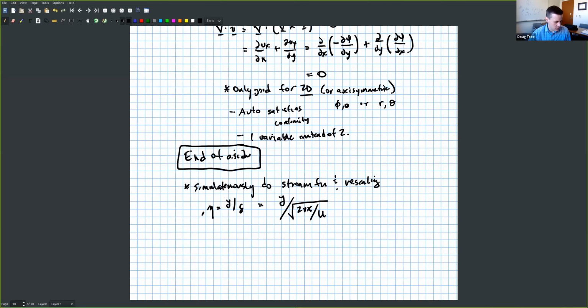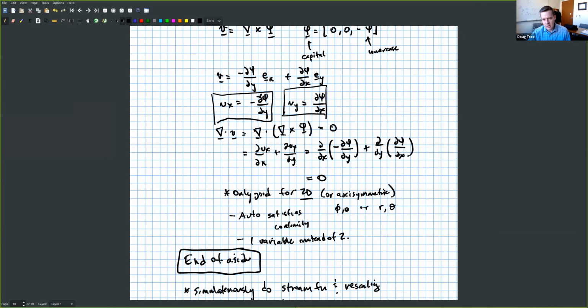And then we're also going to make a substitution. We're going to say that Vx divided by u is going to equal some new function df d eta. And what is f? F here is going to be related to the stream function. So the stream function is minus u delta f of eta. Okay, so in other words, if we go back and look at this df d eta right here, this is